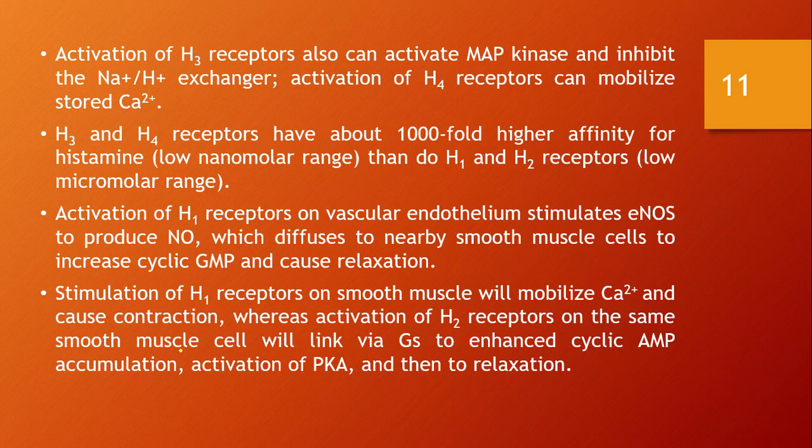So if we see, the actions the histamine produces on the same smooth muscle via two different receptors are two exactly opposite actions. When it binds to the H1 receptor, it will cause the contraction, and this contraction is mediated by the calcium. But what about the H2 action? When the histamine binds to the H2 receptor, it will cause the relaxation of that same smooth muscle, but this relaxation is carried out by the cyclic AMP. So you should be able to correlate.